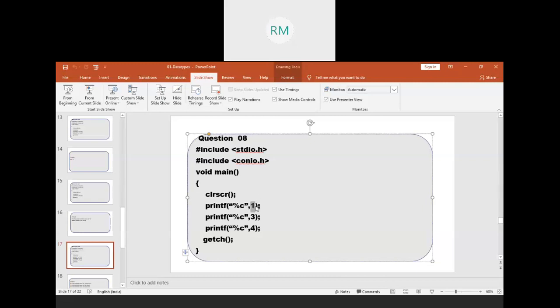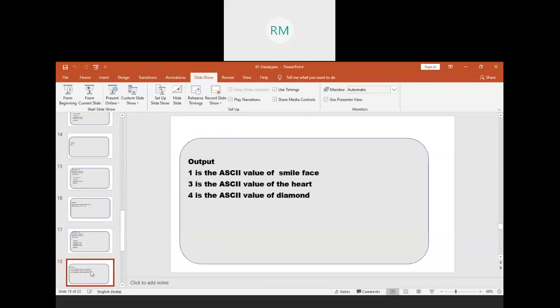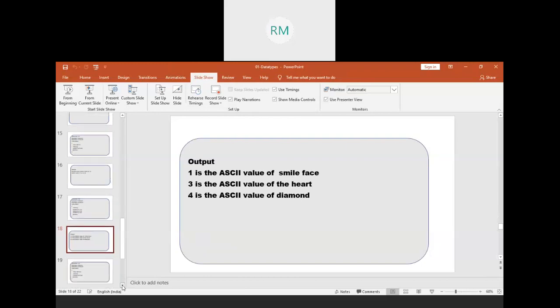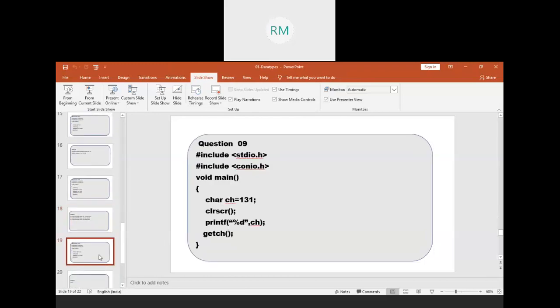The character equivalent to ASCII value 1 is the smiley face, 3 is the heart symbol, and 4 is the diamond symbol. If you type this program, you will get that same output. You can check it.